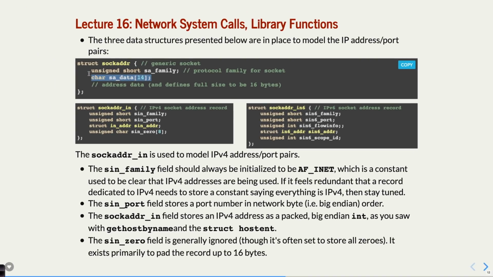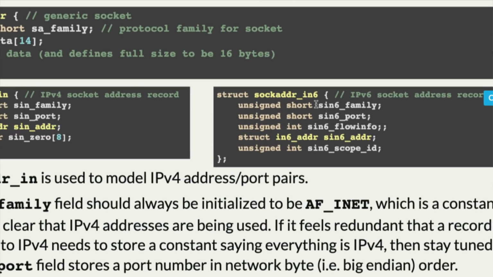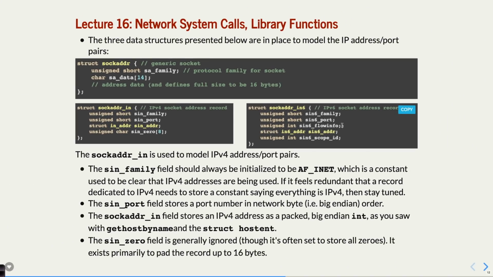Wait, what's flow info? Flow info and scope ID. I'm not even sure what those are. Those are specific things to IP version 6. The nice thing about this is that it is generic enough so that you can have this that has extra stuff in it. Flow info might have something to do with the actual back and forth between the server and client, and maybe it's more efficient than something else, and they wanted to add it in there. Scope ID might be something else too. I just don't know. But it's beyond the scope of this class, no pun intended. It's just extra information that goes along with it there.